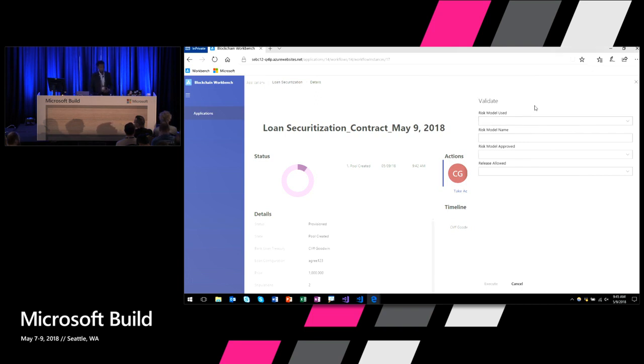And you'll notice that the moment he chooses validate, he gets a number of options. He gets a number of fields for him to add, because again, this is the internal oversight at the bank. Most buyers at the end would love to be able to see, hey, the bank did assess this loan pool and they assessed it with risk model C or with a loan-based risk model, so on and so forth. So we'll type in risk model C, and we'll actually sign off that Cliff.approver went through all of this.